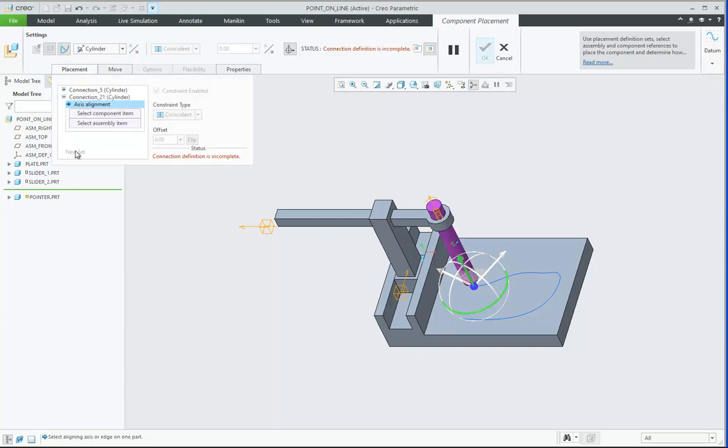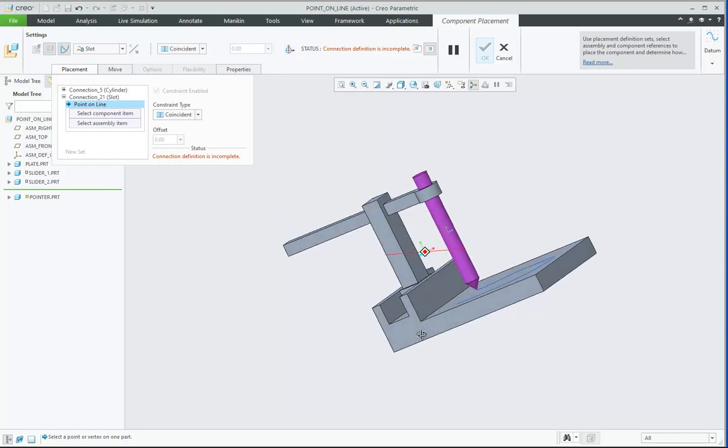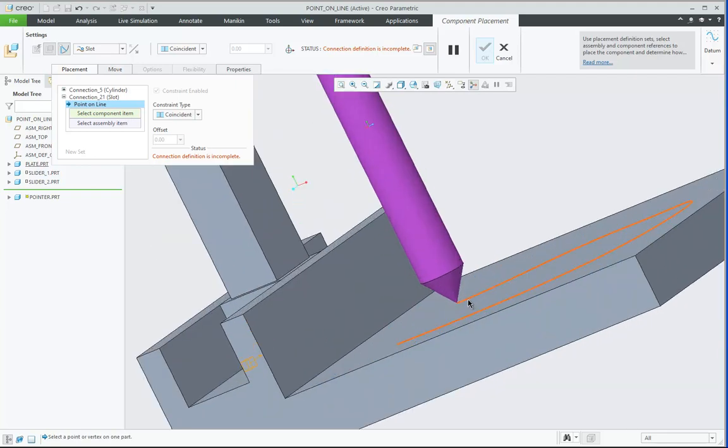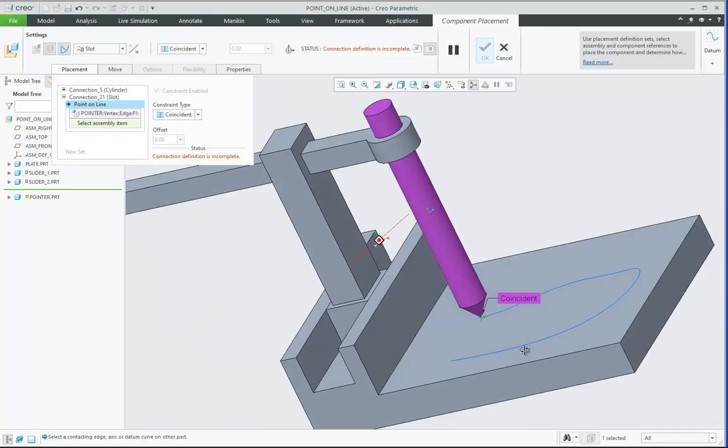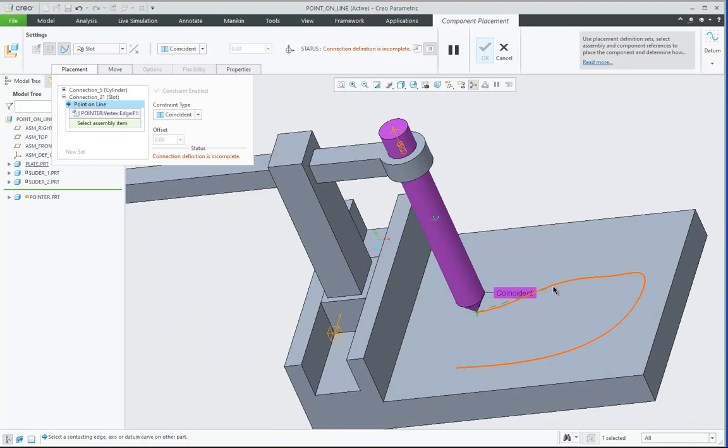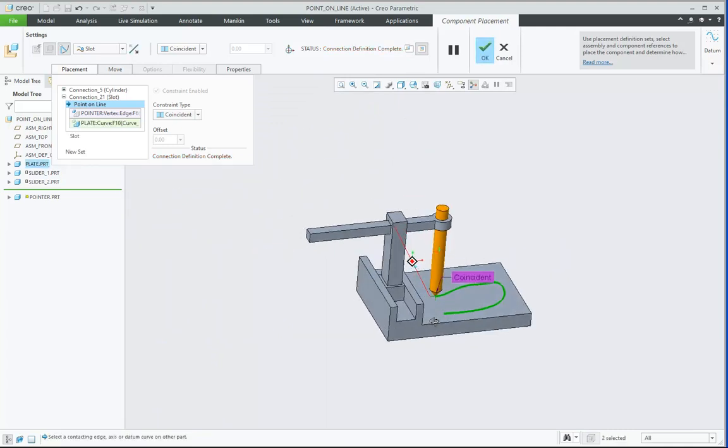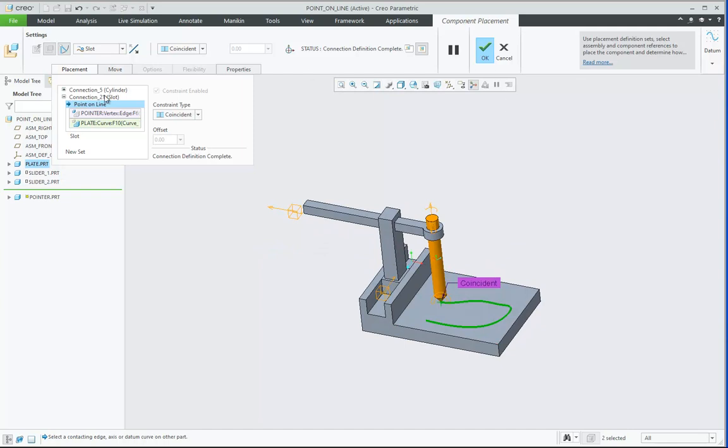Now I will create one more connection set which will have the slot connection, and for slot connection I am having a point on line kind of a constraint. So for that I will pick a point from the pointer, this tip vertex, and line should be this curve on the base plate. So this connection is created having a constraint of point on line.